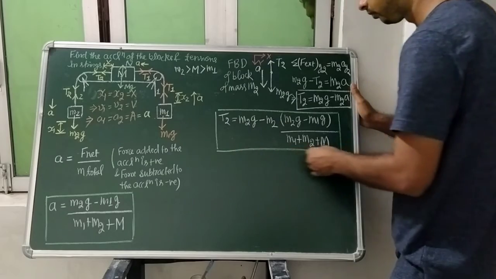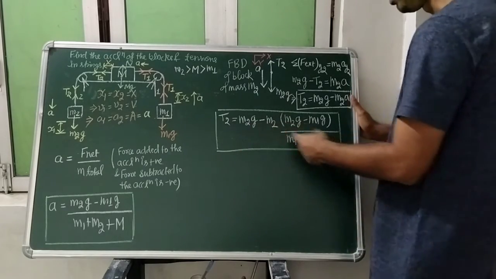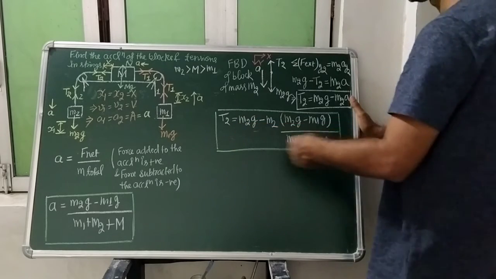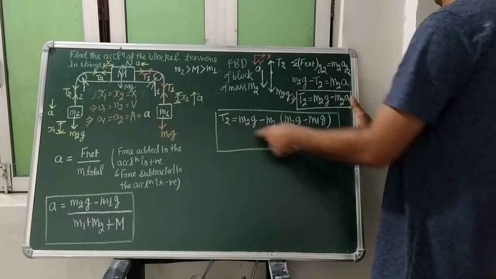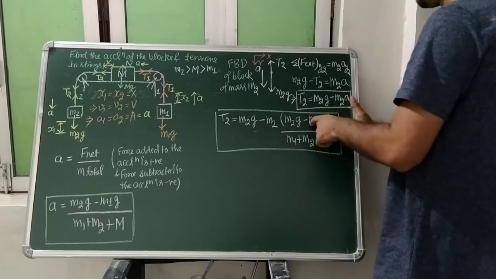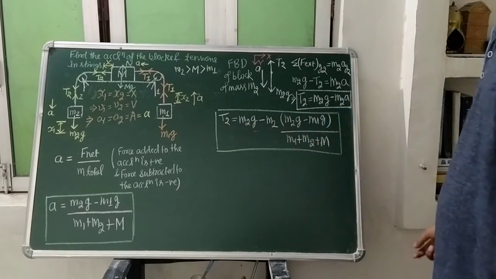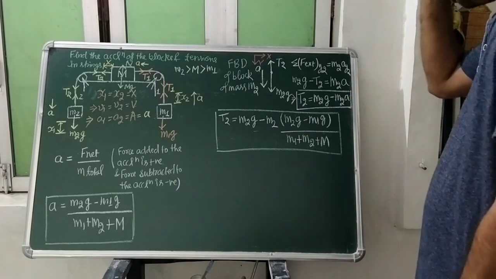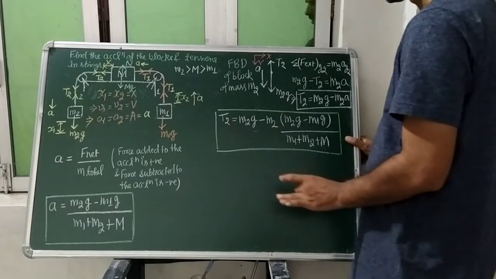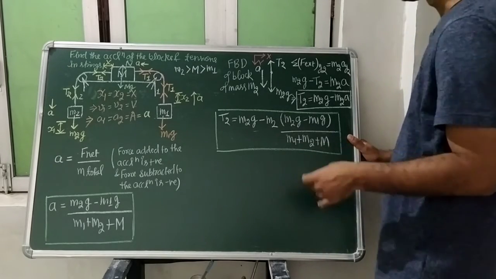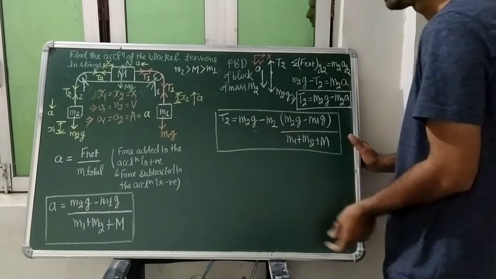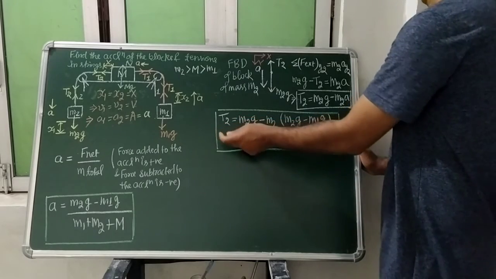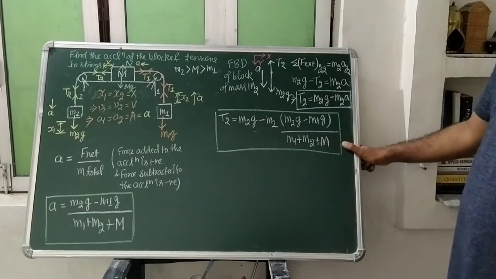You can solve it more by considering this will become a kind of fraction. One will be here, you can take the LCM and can solve it. Will multiply with this and minus this will multiply with this, and you can get the final expression of this T2. But I am not going to solve it. I have solved so much of this kind of expression. You can solve it analytically, otherwise you will get the numericals. The numbers will be present there and you can put the numbers and can find out. So of course this final expression will be something like it for the tension T2.